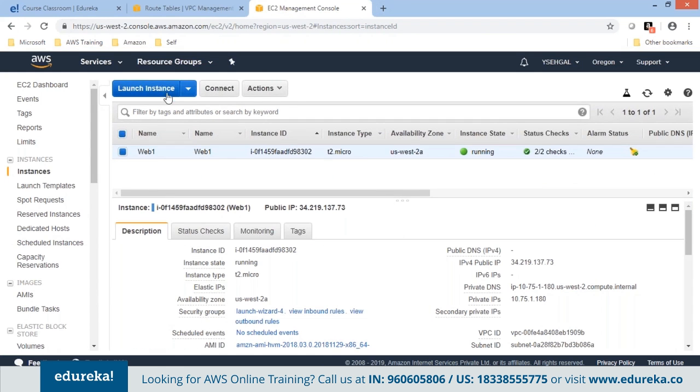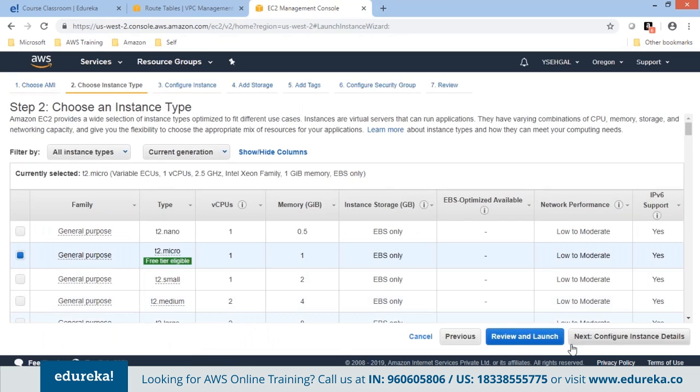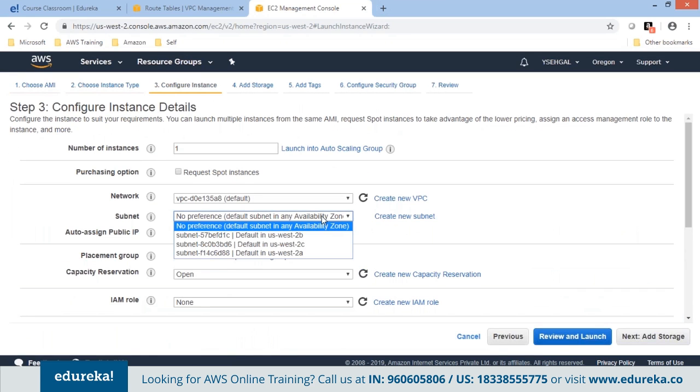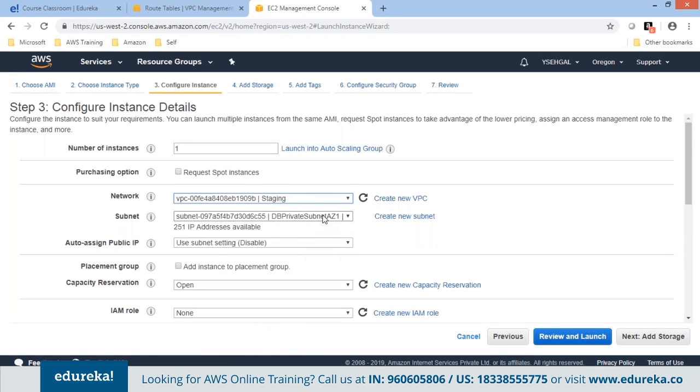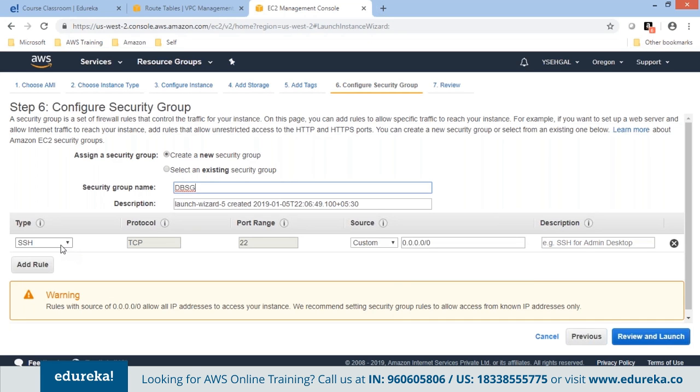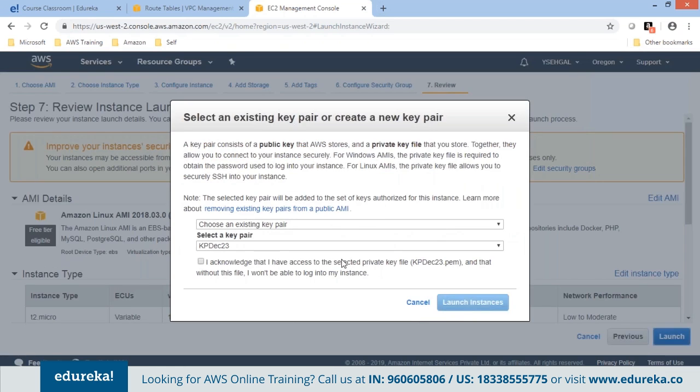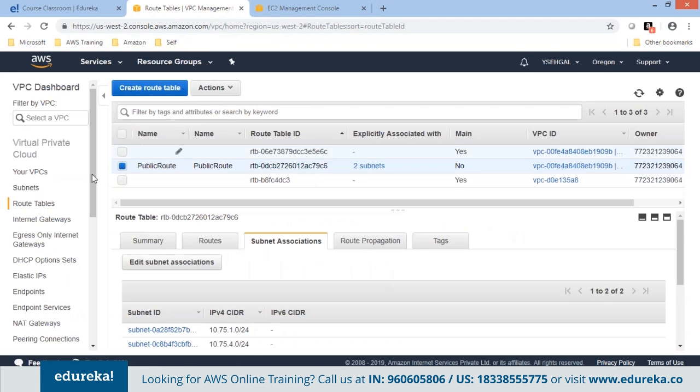In parallel, we'll do two things. Let's say we are provisioning a database instance here. We can choose our VPC. Let's keep it in AZ1. This time I'll not assign any public IP address to it, so no one can access it from outside. This rule becomes irrelevant because I'm not assigning any public IP address. Anyway, I won't be able to access it directly, but I'm just keeping it for now. I'll show you an indirect method to get into database services. Meanwhile, the